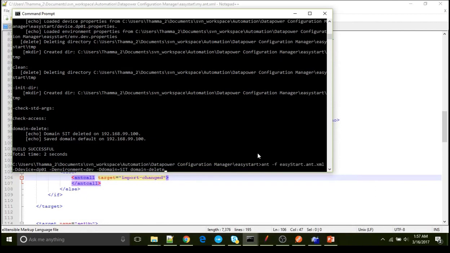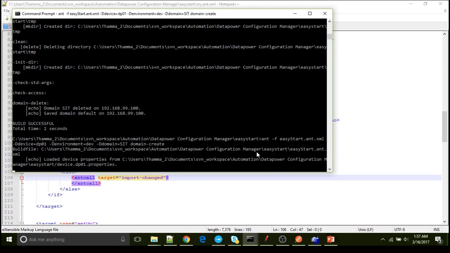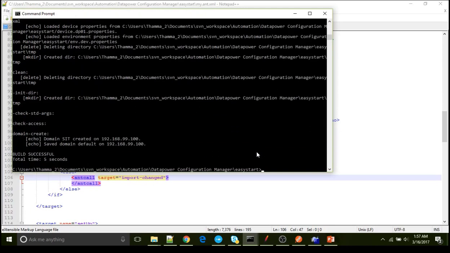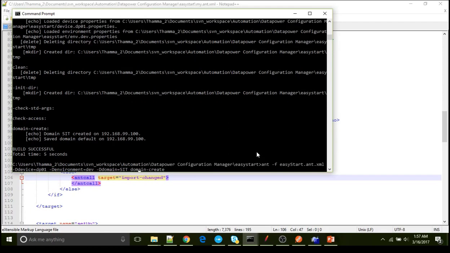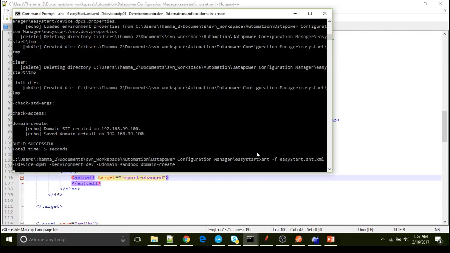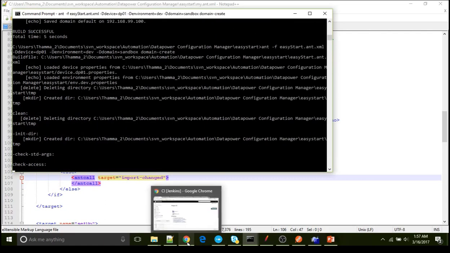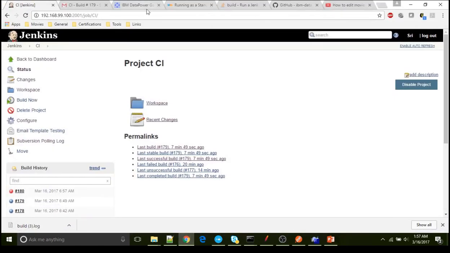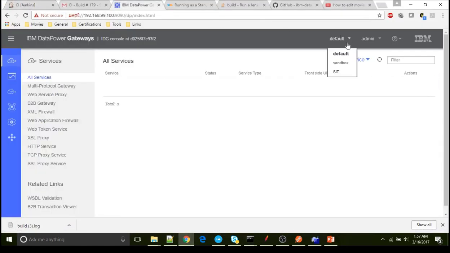The reason I deleted both is because I want to show you where the files are getting deployed and where they are not. Create. Okay, cool. So that will get created. Okay, done. So we now have all the domains.